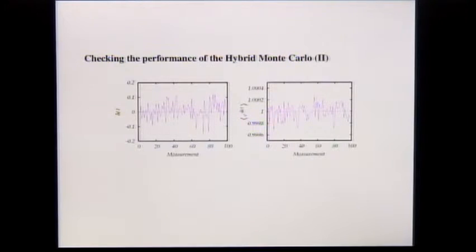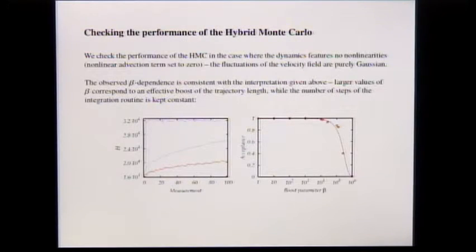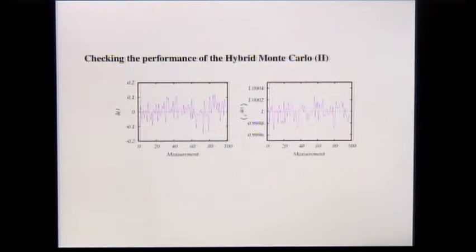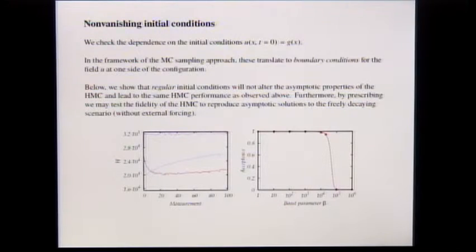A different check we have to do is that we don't have any drifts. As soon as we have reached this plateau, we want to make sure that there's no errors in the effective Hamiltonian that accumulate. So you see after a short relaxation stage of the algorithm, we reach the stationary state, and then we have fluctuations around 0, which is good. Another thing, which is the ensemble average of e to the minus delta H. This should be exactly 1, which is related to the exactness of the algorithm, a crucial property of the stability of the algorithm. So this is something you also want to check, and it works out. So that's a nice procedure.